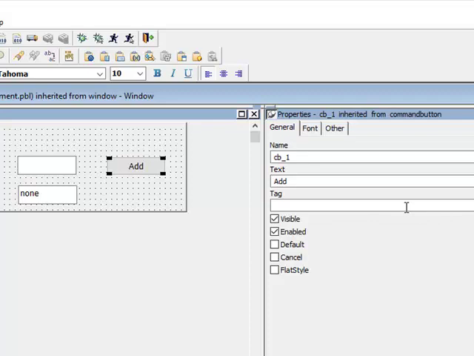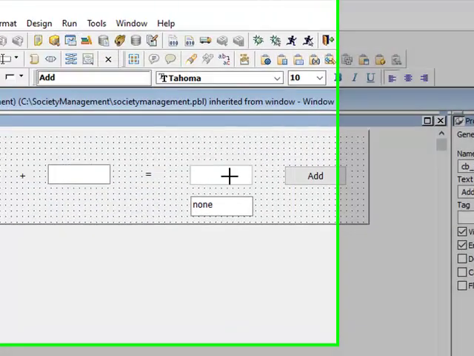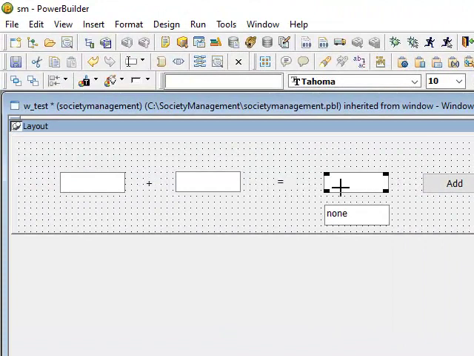Like you used the open function and message box. In a message box you can populate any message with some information. Let's say you don't want to display your data here, let's remove it.